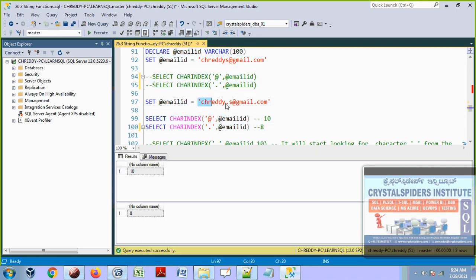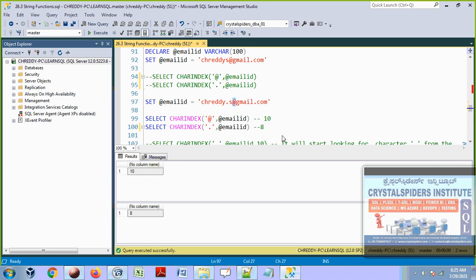Here, guys, this is the value we are storing, the new value. The @ symbol is there in the 10th position and the dot symbol is there in the 8th position, because this dot we will find out first. So now my point is I want to display the position of the dot symbol which will come after @. Whichever dot comes after @, that dot position I want to display, but not this one, guys.